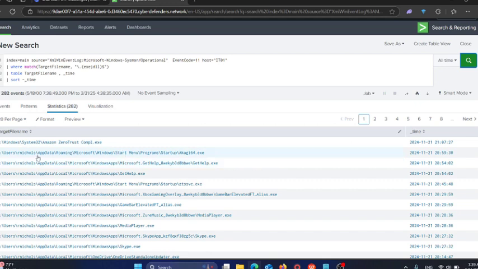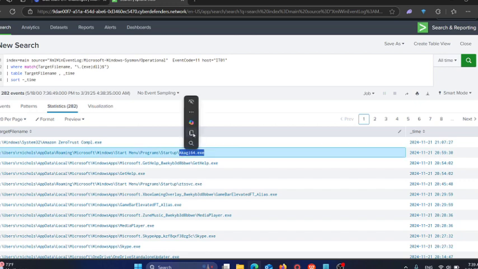We have this one, which is in the startup folder, which is also used for persistence. We have a name called akagi64.exe. We have here get help. We have the first file, which is used as a beacon, and it's also put in the startup, to maintain persistence. So let's start by investigating this one,